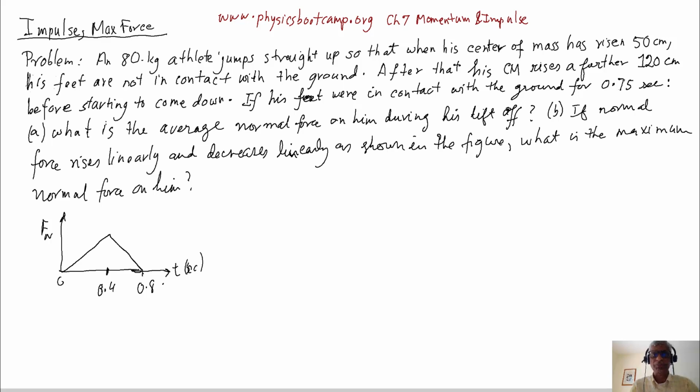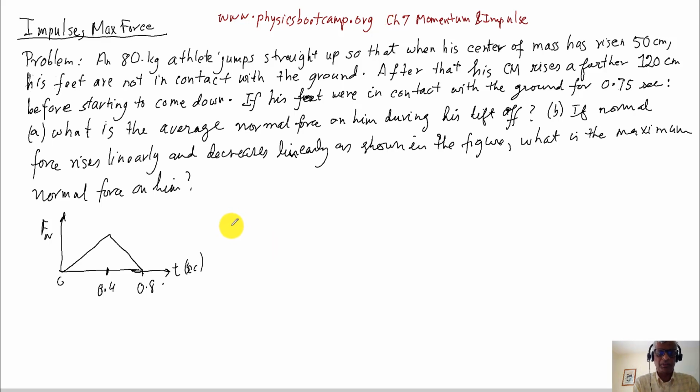Here's a problem that goes with this chapter of Physics Bootcamp. It's not in those chapters, but some similar problems are there for you to practice. Okay, so the situation is